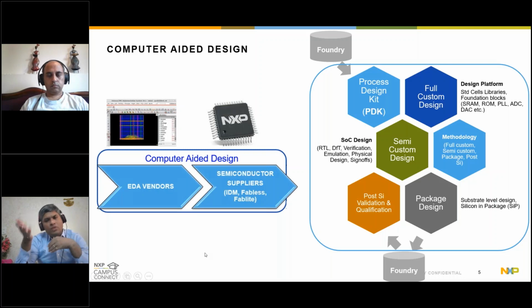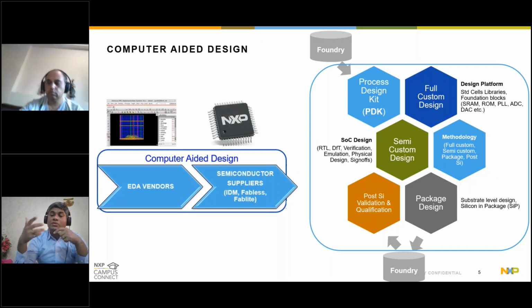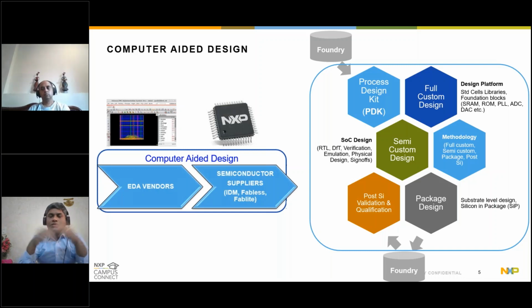Then whether you are doing full custom design or semi-custom design, you have to be very well equipped with a methodology framework. Methodology means a flow sequence or a way of doing these designs. Again, we'll cover more about it, don't worry. But there is also the area of methodology, which in itself is a discipline. If you are a methodology engineer, you need to specialize in methodologies: the world-class automations, the world-class way of doing our full custom and semi-custom designs. So that is another world where people can focus.